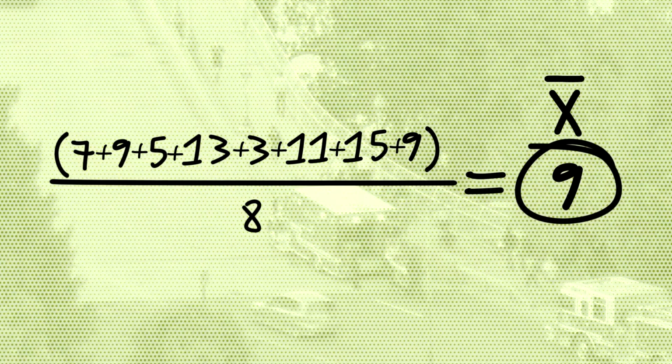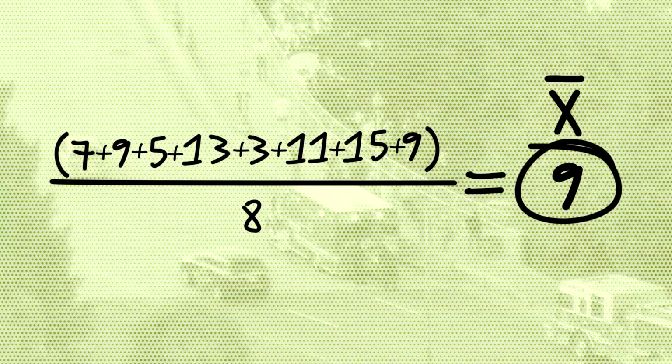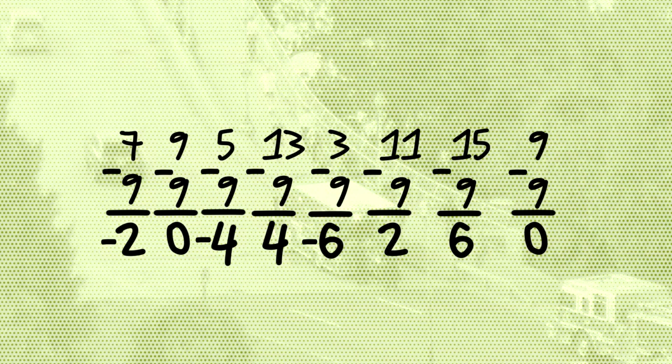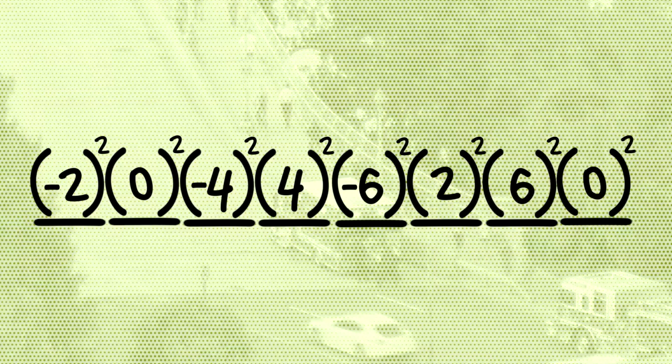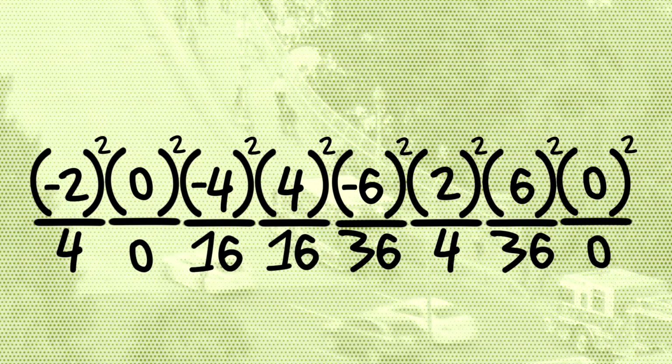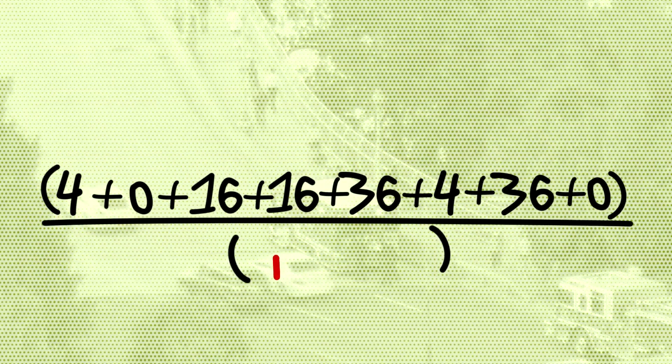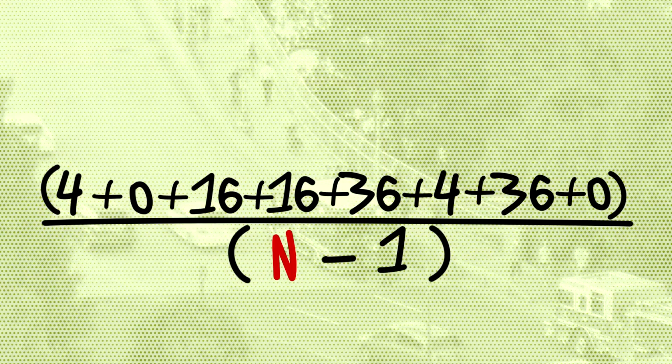Next, we would need to find the deviations from the mean, that is, the difference between each observation and the mean. Since our mean is 9, we would subtract 9 from each of our observations. As a third step, we would square each of these deviations. Next, we average the square deviations by adding them up and then dividing them by n minus 1, that is,